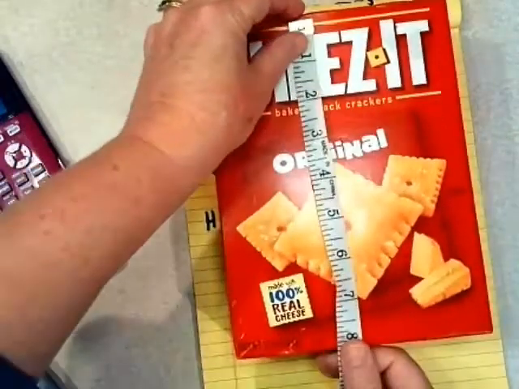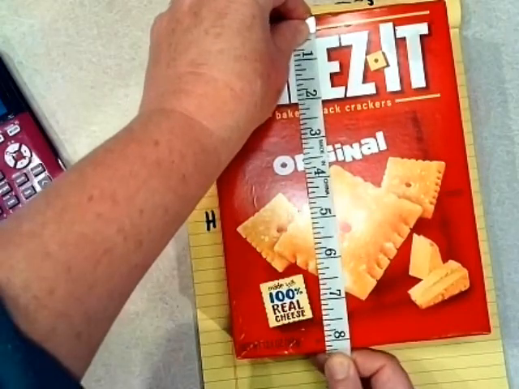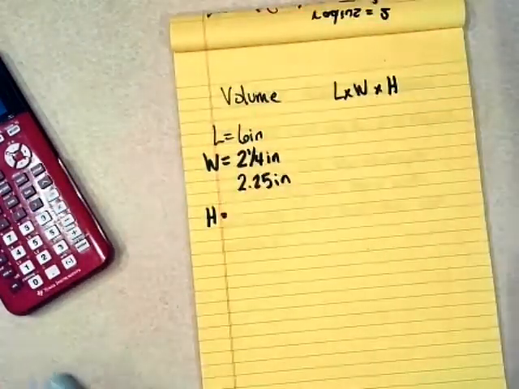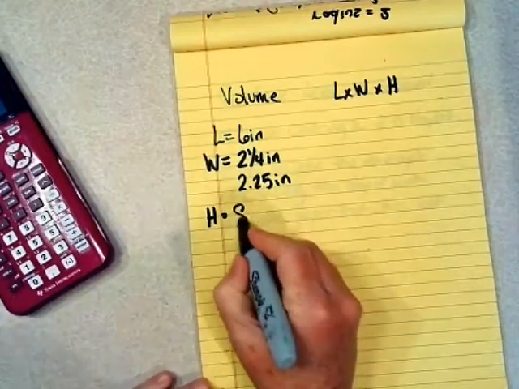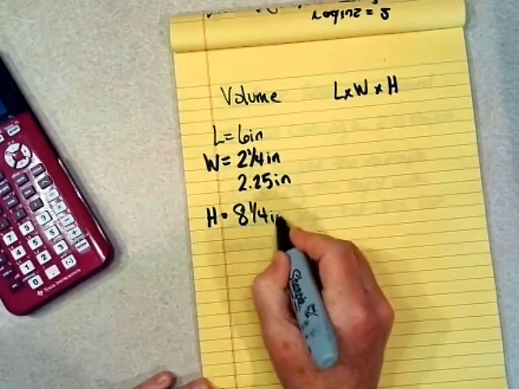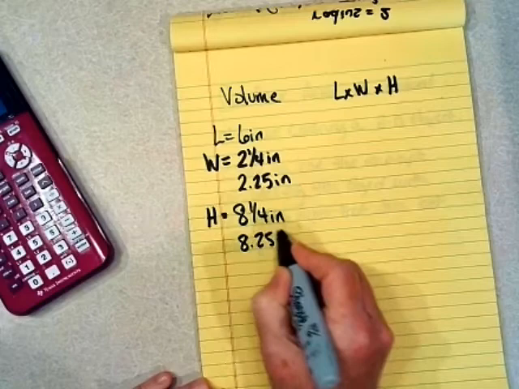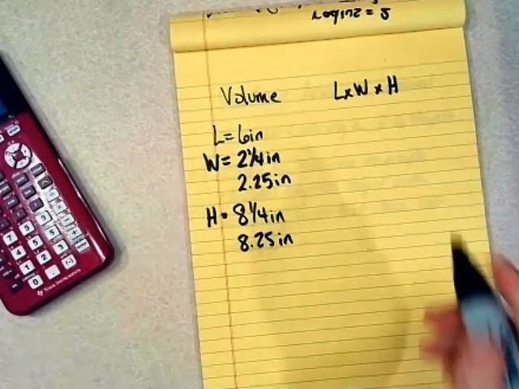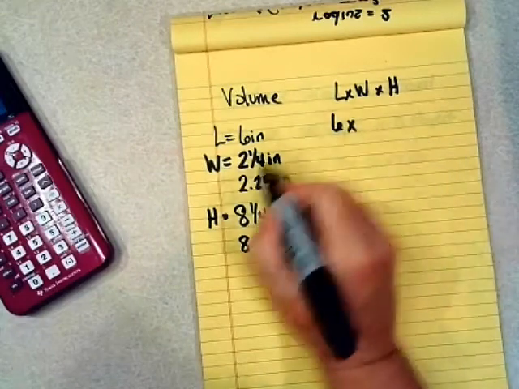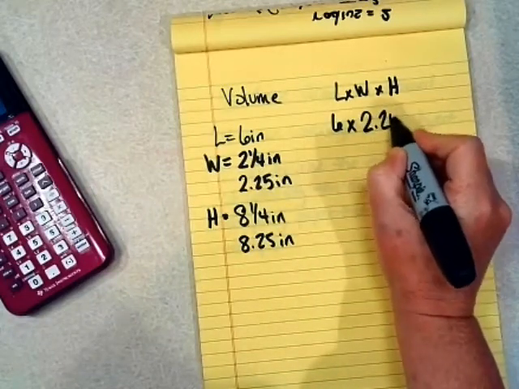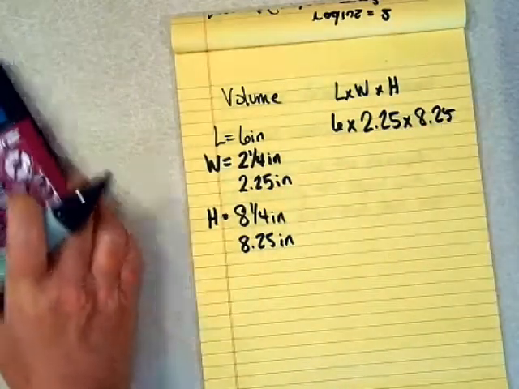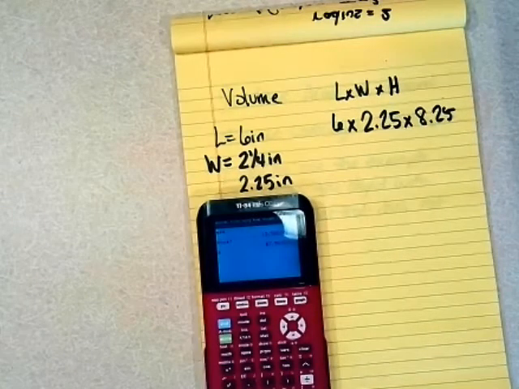We'll measure that to be, it looks like, 8 1/4, so we'll call that 8.25 inches. Then we just plug those into our formula. Our length is 6, our width is 2.25, and our height is 8.25. So when I multiply those together,